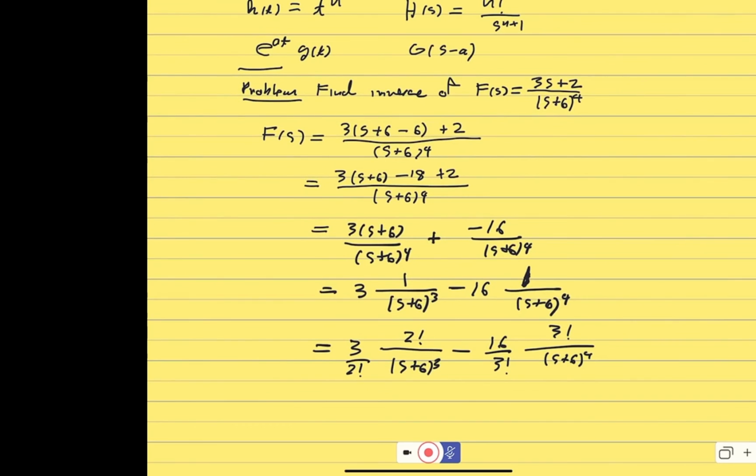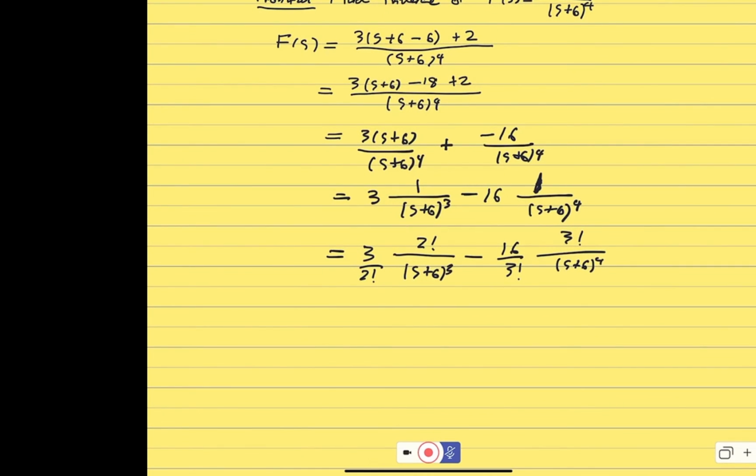And now looking at what our transform is, if I have a power like this, what that's telling me is that f of t, for the inverse transform of this first one, is going to be 3 over 2 factorial, and that is just going to be the transform of e to the minus 6t times t squared, then minus 16 over 3 factorial e to the minus 6t